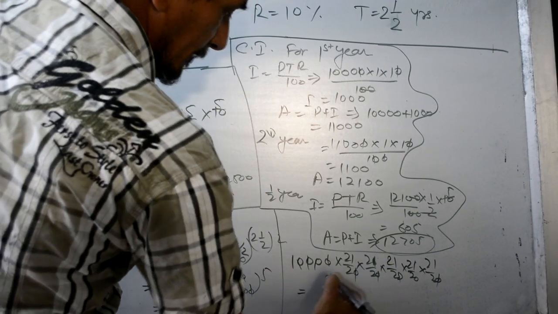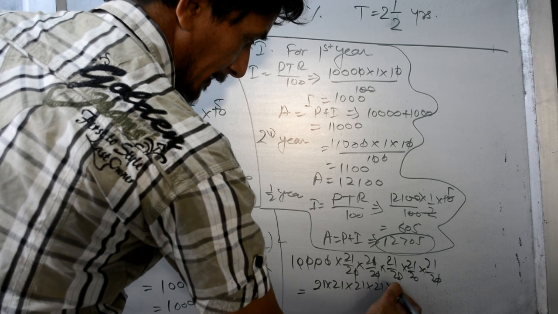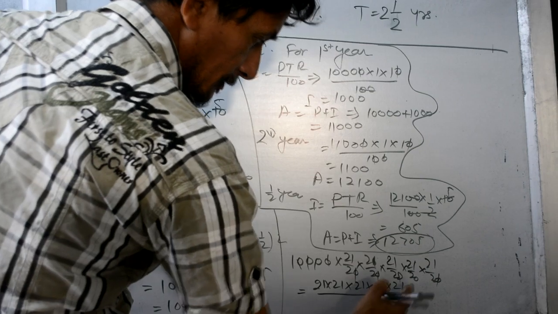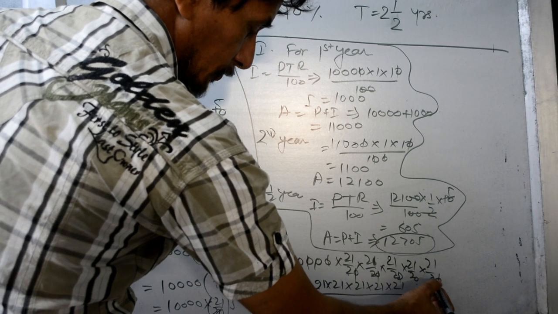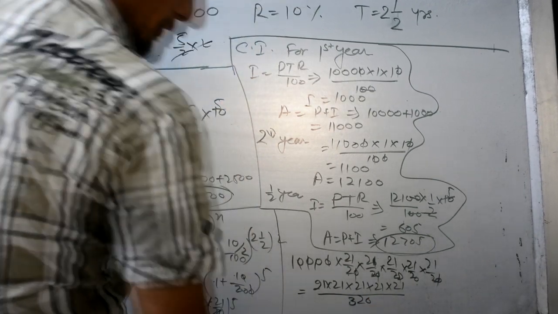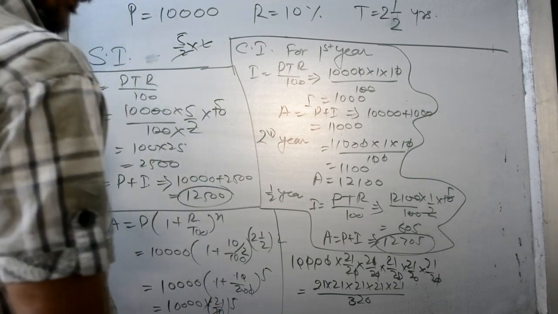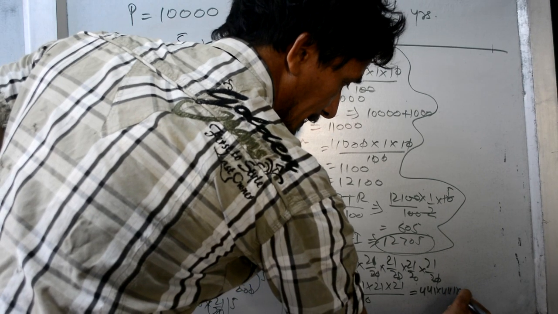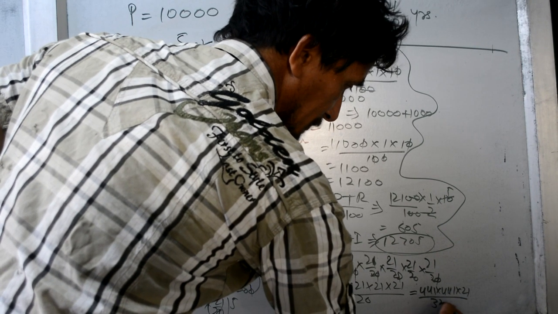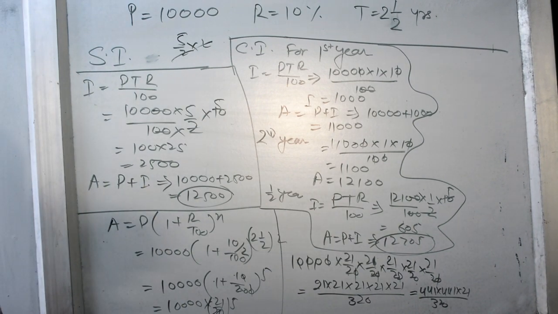What is the answer now? 21 into 21 into 21 into 21 into 21 upon 20, 2 to the 4 to the 8, 2 the 16, 2 the 32, 32 and 0. This is it. 21 into 21 is equal to 441. So 441 into 441 into 21 divided by 320. And when you solve it, the answer is the same, and that is equal to,